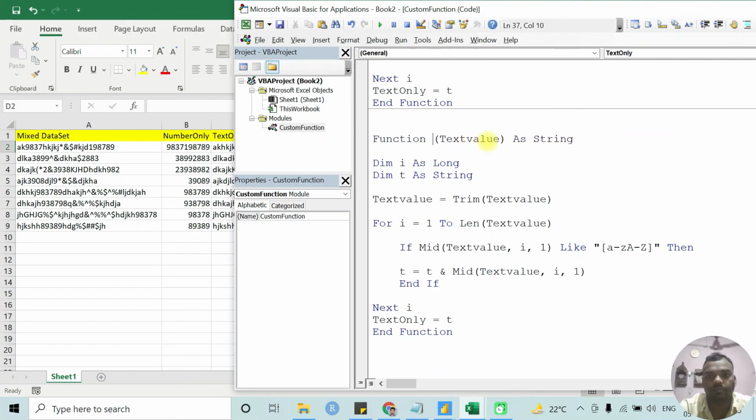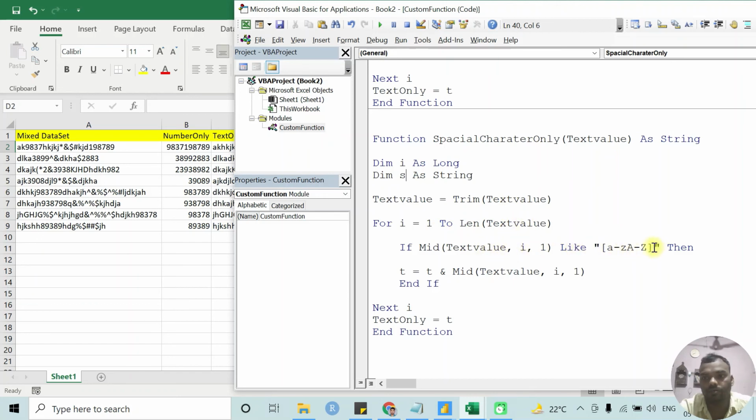Make its name special character only. Same, the argument as a string, returning as a string. Give it the variable s as a string. Trim this value, goes to the same length.